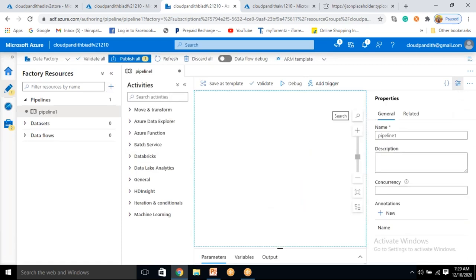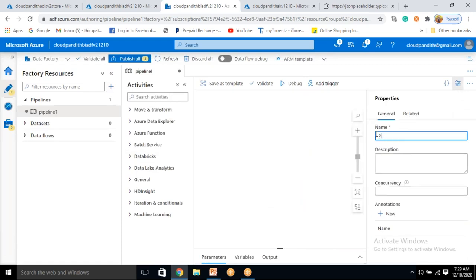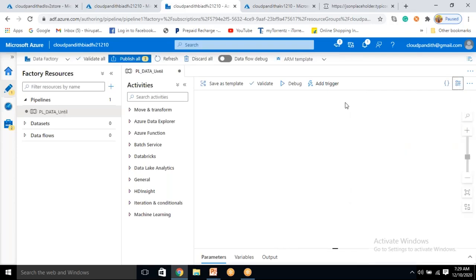This is basically a loop for data movement until some condition becomes true. I need to do it. Okay, so first thing,